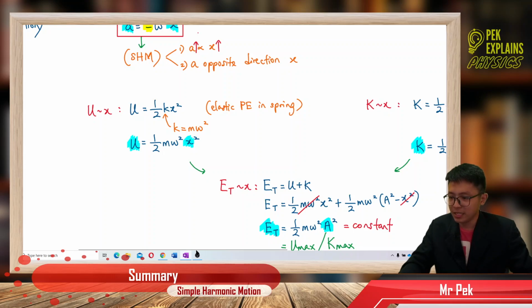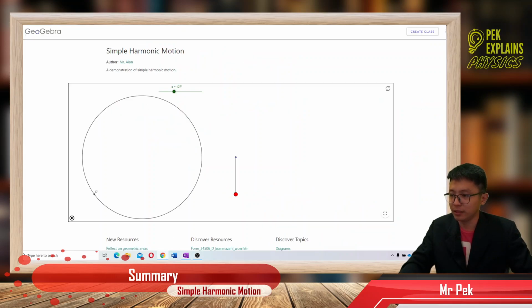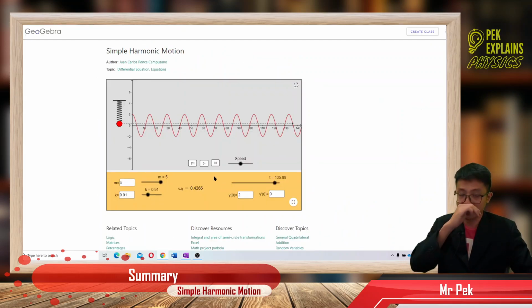Now, last time you saw this thing. The spring mass system oscillates up and down. I wonder why this is not moving. For the spring mass system,